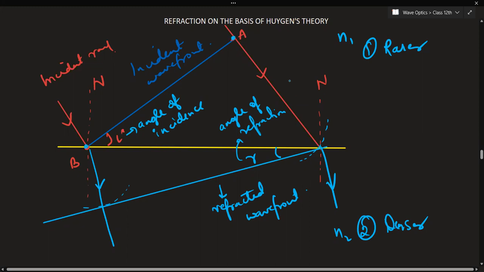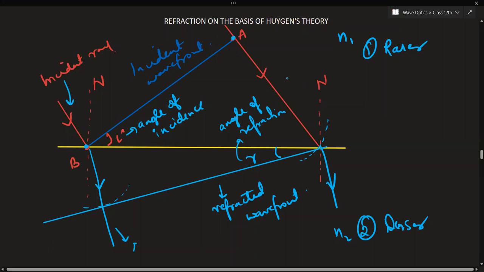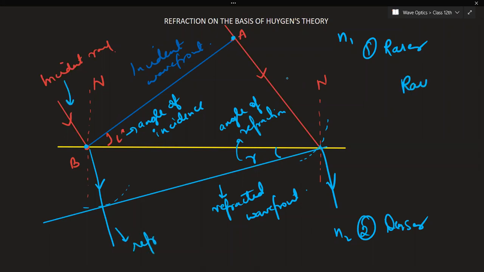See, here this ray is getting refracted, here this ray is getting refracted. Since this is at a much greater distance, I had drawn it here. And this is at a narrow distance, closer to this end. So that's why I've drawn it close, on the basis of the sources. Which ray? See, this is the incident ray. This is the refracted ray. There's a difference between ray and wavefront. There are two things here. In the last lesson, we only dealt with rays. Here you have wavefronts as well. This is the incident ray for which this is the refracted ray. Only the same case of refraction that we have studied in ray optics.